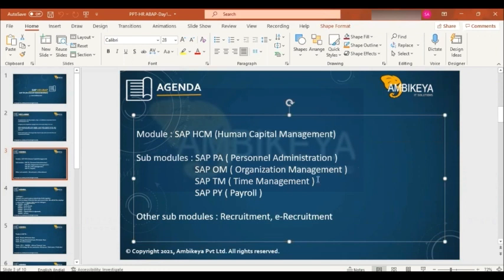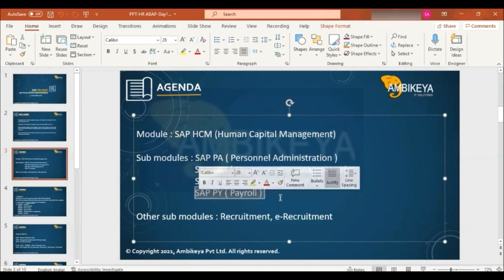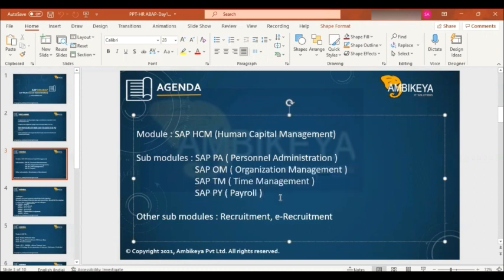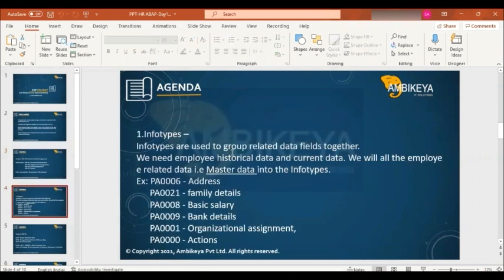Time management means employee clock in, clock out time, and also any leaves taken, like annual leave, sick leave, how many days he has taken. All those details will be recorded in time management. Coming to payroll, payroll deals especially with employee salary details, allowances, earnings, all those details. And these info types are mainly for the employee historical data and current data,